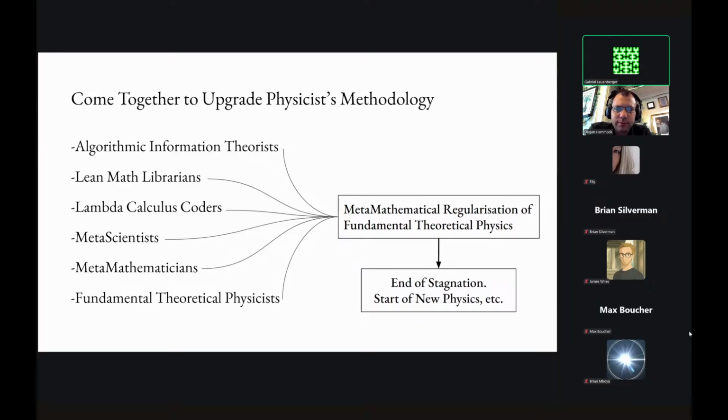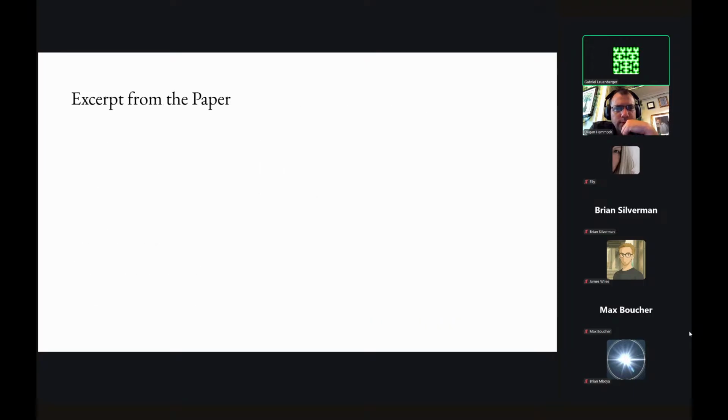Except the difference, of course, here is that with Einstein, that was only very few people, only a couple of people working together. So they didn't need to have a scalable method, like reporting model complexities. That was not necessary back then. But if you want to actually harness the brain power of an entire community, then you really need to report these model complexities, just like in the experimental sciences, statistical significances are reported. And here, I will read a short excerpt from the end of my paper.